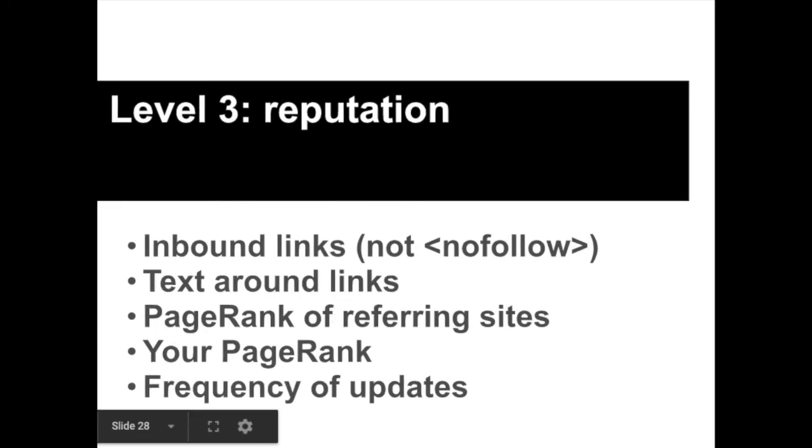The text around the links that link to your page is also important, because Google will use that to judge what your content is actually about. So again, if someone links to your content saying this is a great travel guide to Birmingham, then Google is going to understand the nature of your content based on that text, even if your article itself doesn't mention those words. There are some other factors as well, particularly around page rank and frequency, that I want to talk about in a bit more depth.